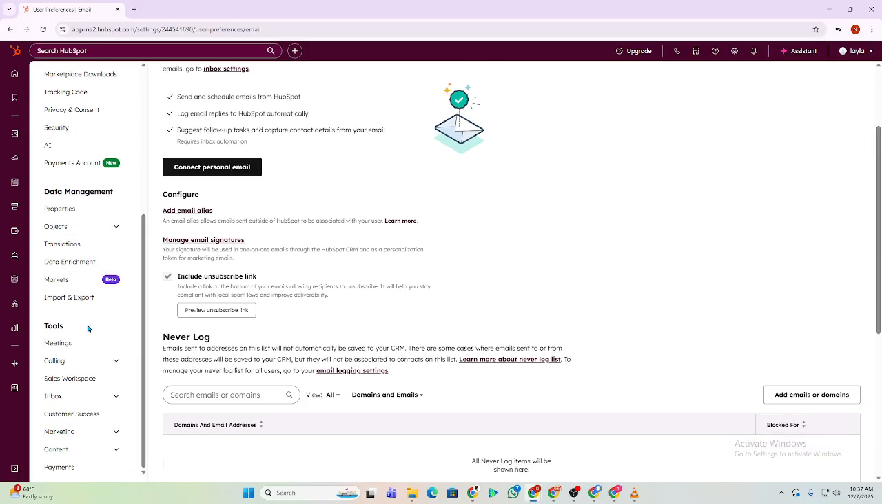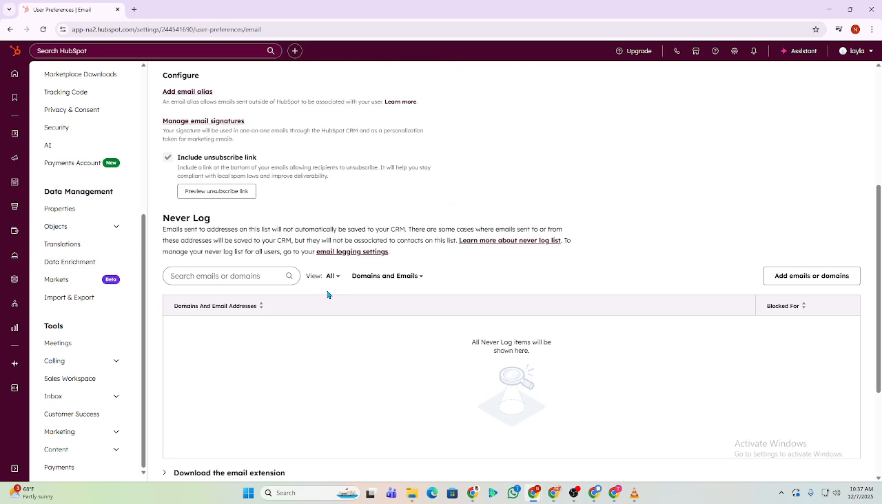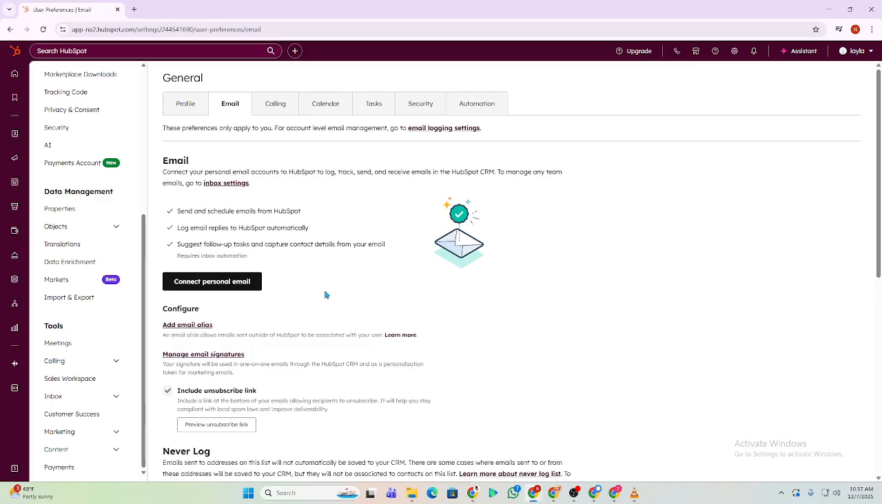And that's it. You've got the full HTML from your HubSpot email, whether it's the editor version or the final